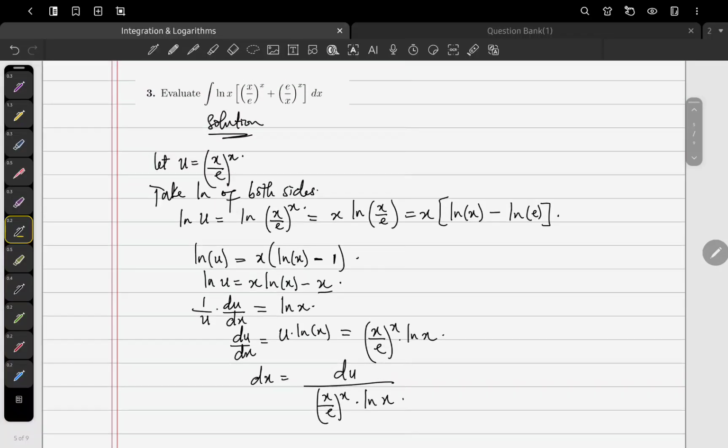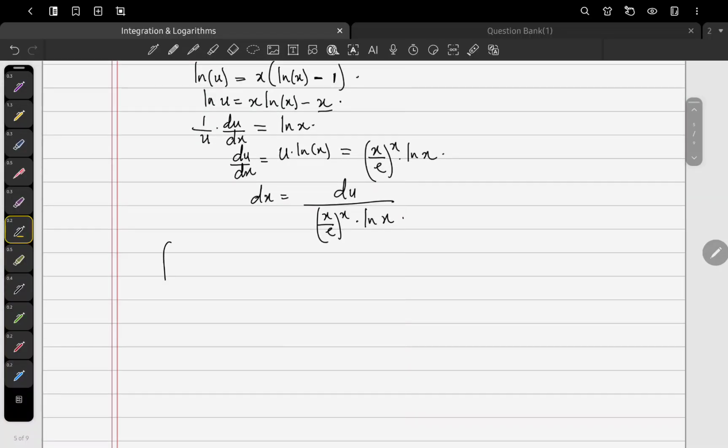Now we can write the integral. So the integral of natural log of x times [(x over e) to the power of x plus (e over x) to the power of x] dx